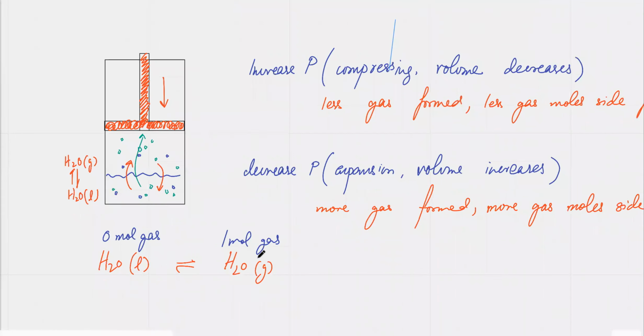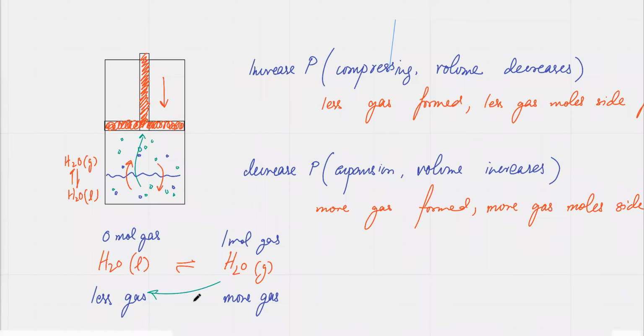तो विच वन इज द मोर गैस मोल साइड? अगर रिएक्शन फॉरवर्ड जाता है तो मोर गैस बनेगी, बैकवर्ड जाता है तो बैकवर्ड में तो गैस मोल्स है ही नहीं, तो लेस गैस बनेगी। तो क्या है, मैं अगर प्रेशर इंक्रीज करूंगा, इफ आई इंक्रीज प्रेशर, कौन सी साइड फेवर होगी? लेस गैस। यानी रिएक्शन किस साइड पे जाएगा? बैकवर्ड। इज दिस क्लियर? जी सर।